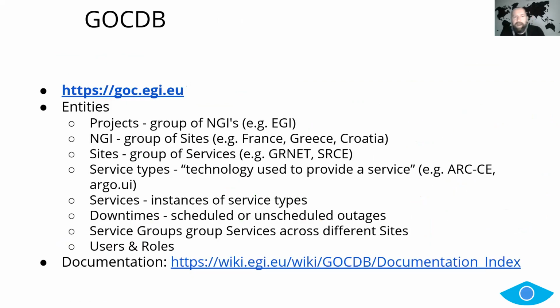So that's why we have the projects. Right now there's only EGI, but GOCDB supports multiple of them. Then the NGIs, which is the old abbreviation for National Grid Initiatives or infrastructures. I've never shared which one of those, but it doesn't matter. In this story, what you need to know is these are basically groups of sites. So let's say you have 6 institutes in your country. Your NGI would have 6 sites, and then sites are basically groups of services. Now services are instances of what we call a service type.